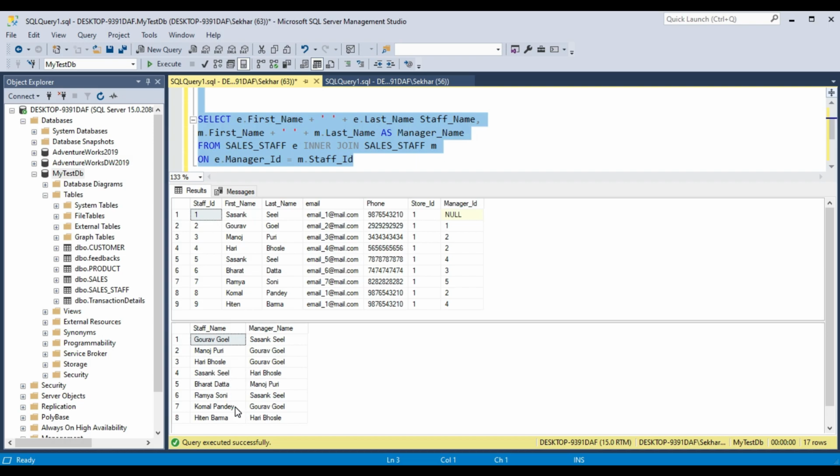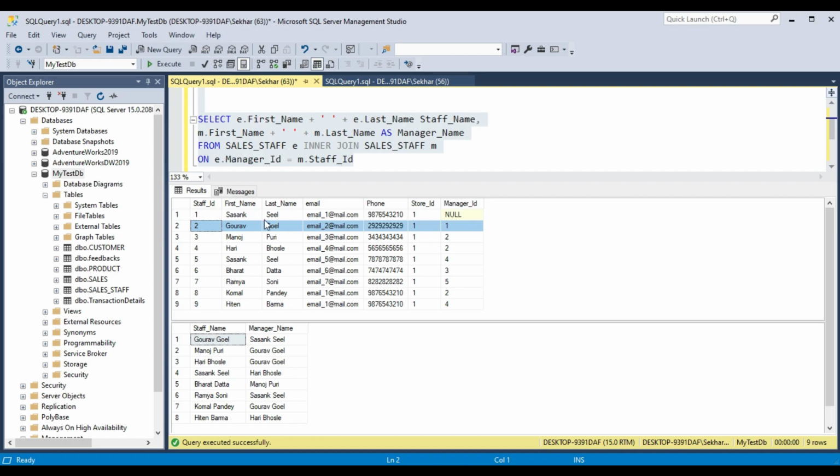Now, whatever data we have received, let's validate if it is giving us the correct output. Let's see Gaurav Goel. His staff ID is 2, and his manager ID is 1.